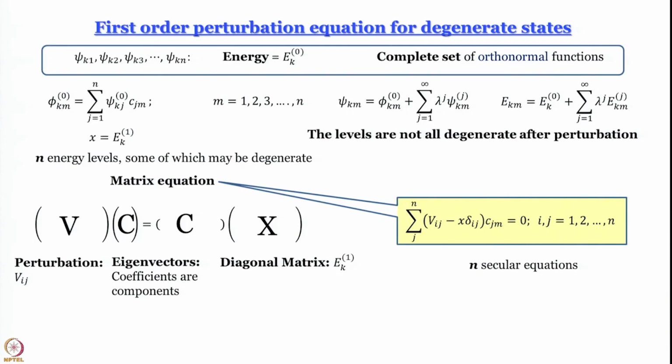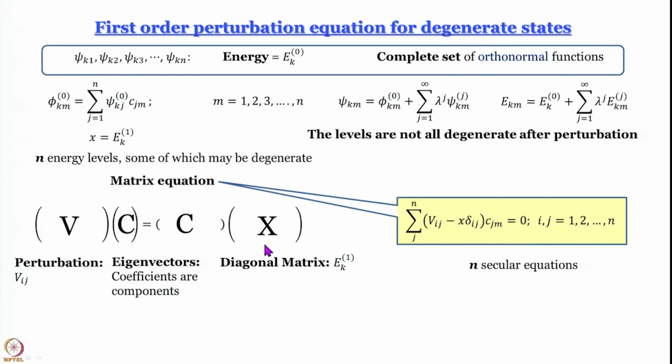Functional forms may be different, but indistinguishable in the sense that energy is the same. So, there is no way in which we can say that one particular wave function will contribute and the others will not. We cannot do that. So, this is what it is. We write the wave function, we start with a linear combination of wave functions, then go to the usual definition of our corrected wave function, usual definition of corrected energy, and then we arrive at this matrix equation in which we see perturbation Vij operates on these eigenvectors to give the Ek first order energies as the diagonal elements of